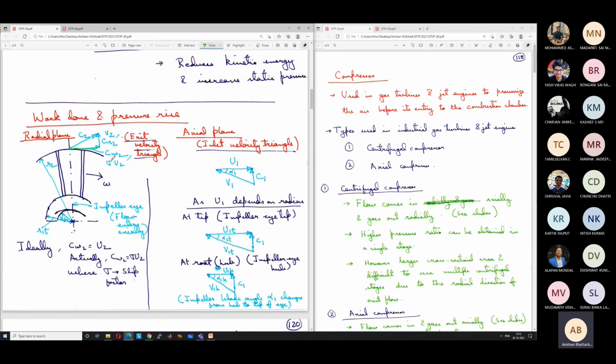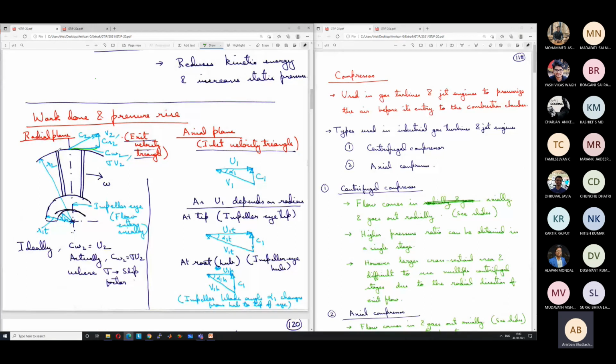So ideally, the component along this direction, which is known as the wheel direction, WHIRL, or tangential direction, should be equal to u2. But what happens is that the average velocity of the fluid along this direction is slightly lesser than the blade velocity. Why does it happen? Because the fluid which is just near the blade is pushed along by the blade at u2 velocity. But the fluid that is further away from the blade does not have the same pushing action, so it goes out with a smaller tangential velocity, smaller wheel velocity.